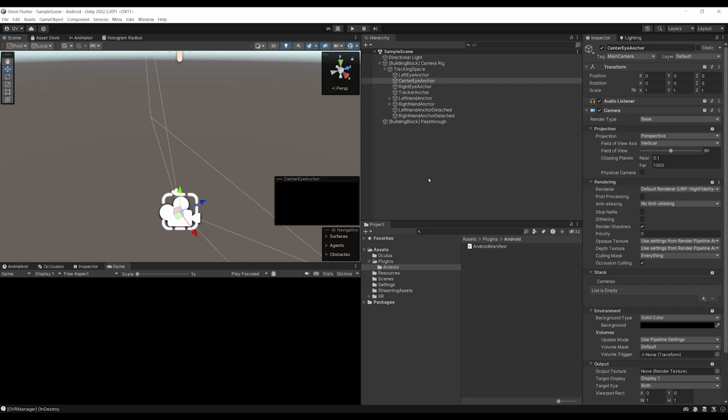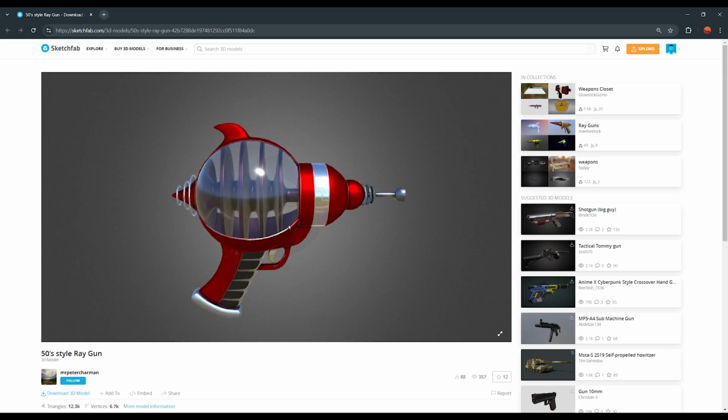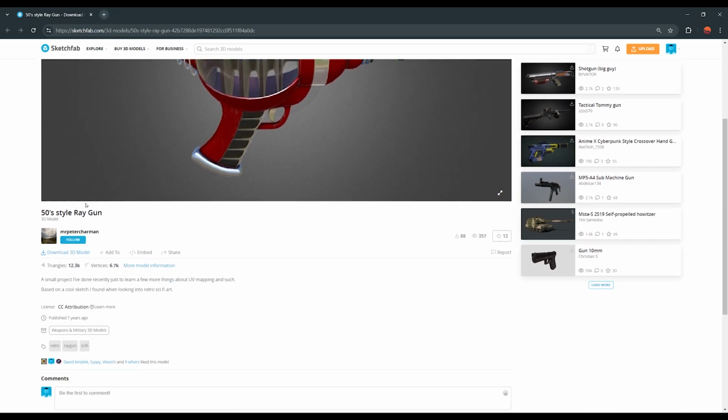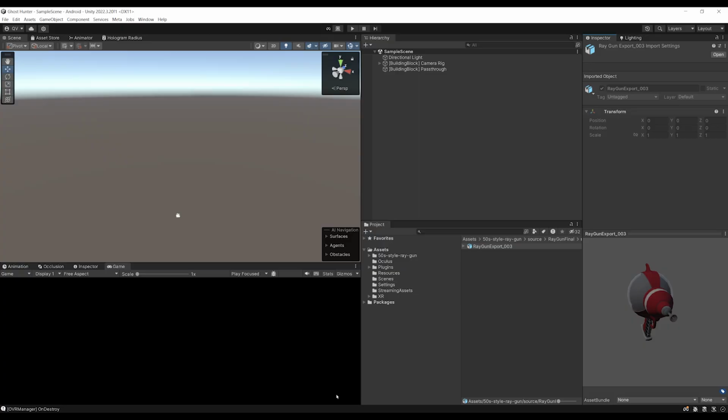Okay, so now that we know how to test your mixed reality application, let's get started on making the awesome raygun that you saw in the introduction. Okay, so for our raygun, we of course need an awesome 3D model, and as you can see, I just found this one on Sketchfab, which looks really cool. There it is on Sketchfab. I will leave in the description this link if you want to download it as well. You simply need to click here on download 3D model and then download the FBX version to drag it here